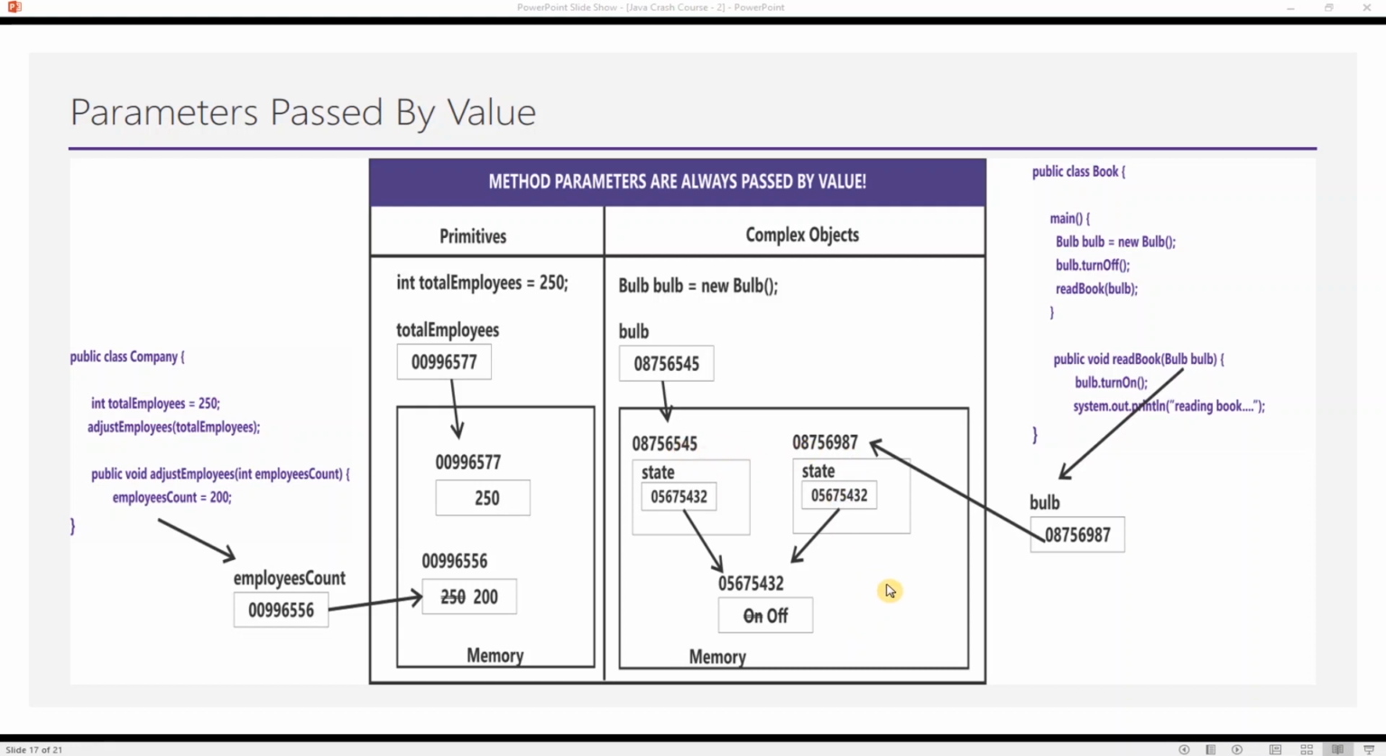This somehow confuses developers and they conclude that primitives are passed by value, but complex objects are passed by reference, and that is not correct. Both primitives and complex objects are always passed by value. Now let's talk about the remaining two object-oriented concepts, inheritance